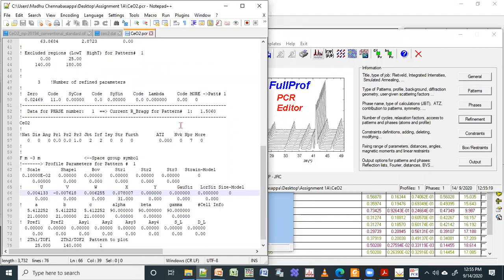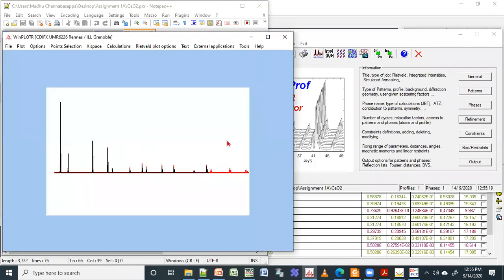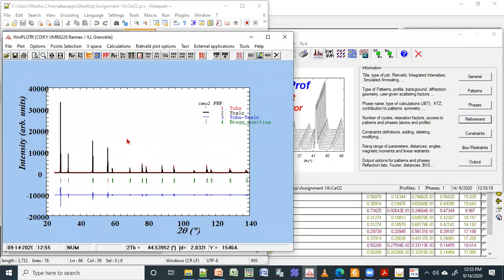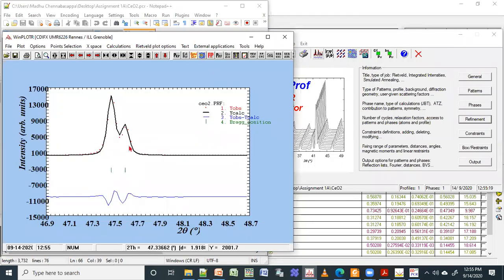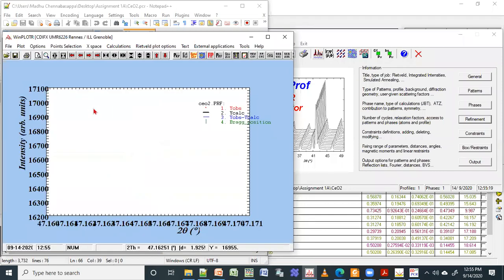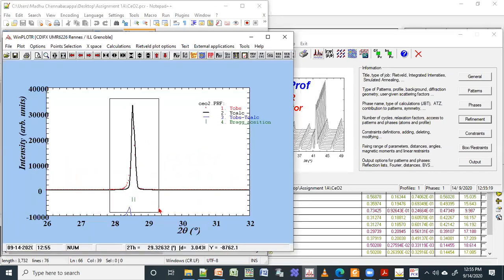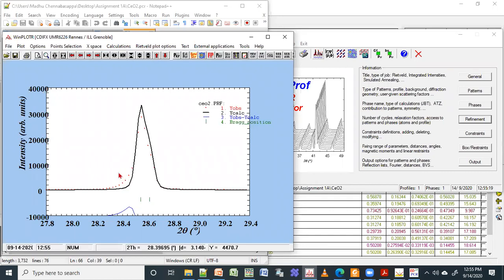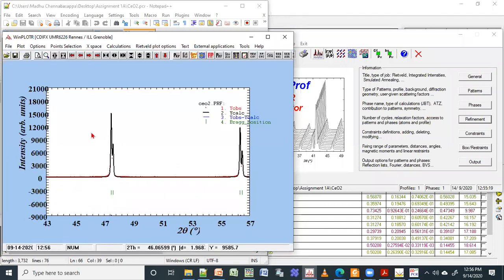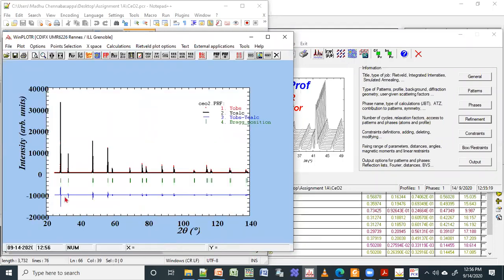If you go to the fitting, this is your fitting. I will just zoom in. If you see the fitting, it is almost good. Sometimes you may not always get chi-square equal to 1 or 3 or something like that. The reason depends on the quality of data. You can see there is some tail here. This tail may be due to a bad diffractometer. If there is some fluorescence, then you may not get a very good fit. This is how you do the profile fitting.